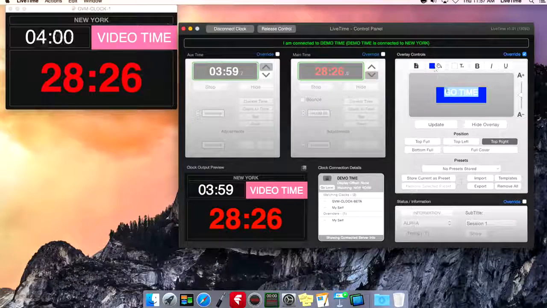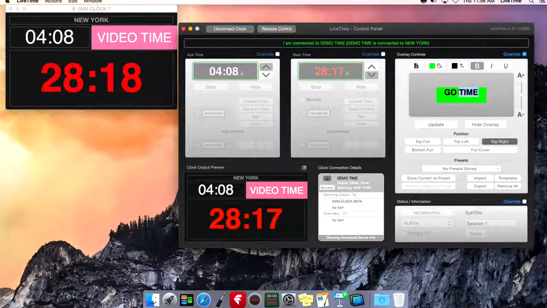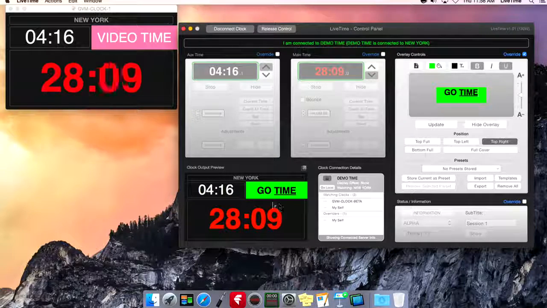And I would probably say the background would be green if it was go time. So go time, and we're going to make this text black and bold, and time should be underlined. And then I can update. And now anybody that's connected to demo time, like myself, sees our own independent overlay, and any changes that New